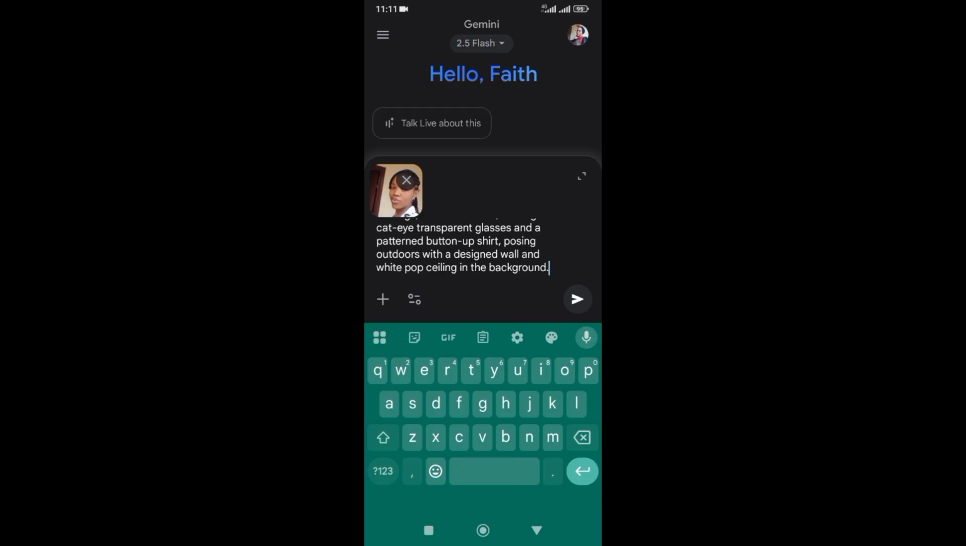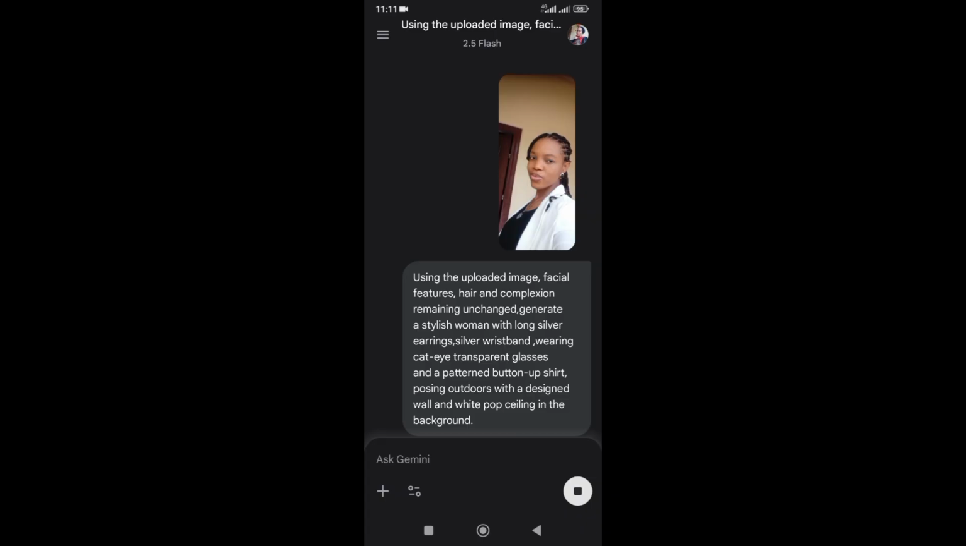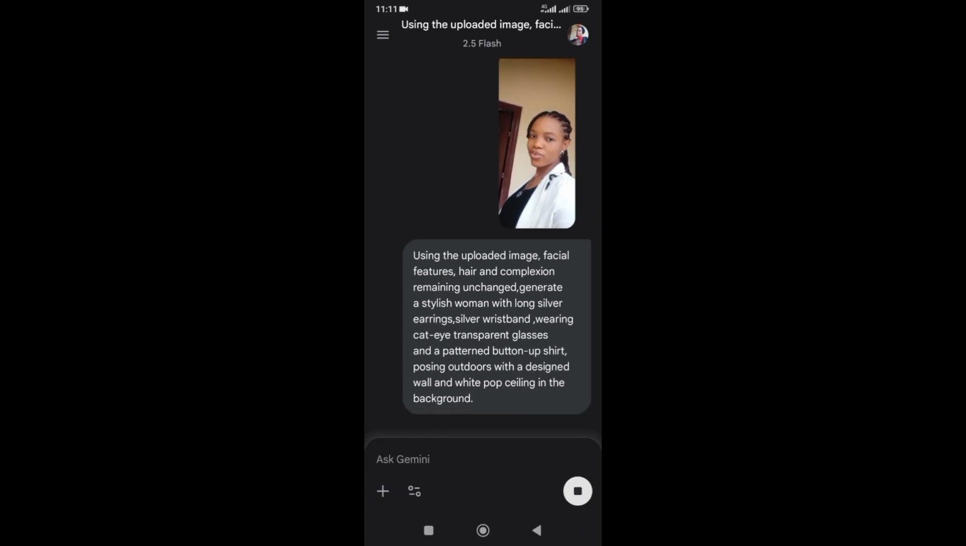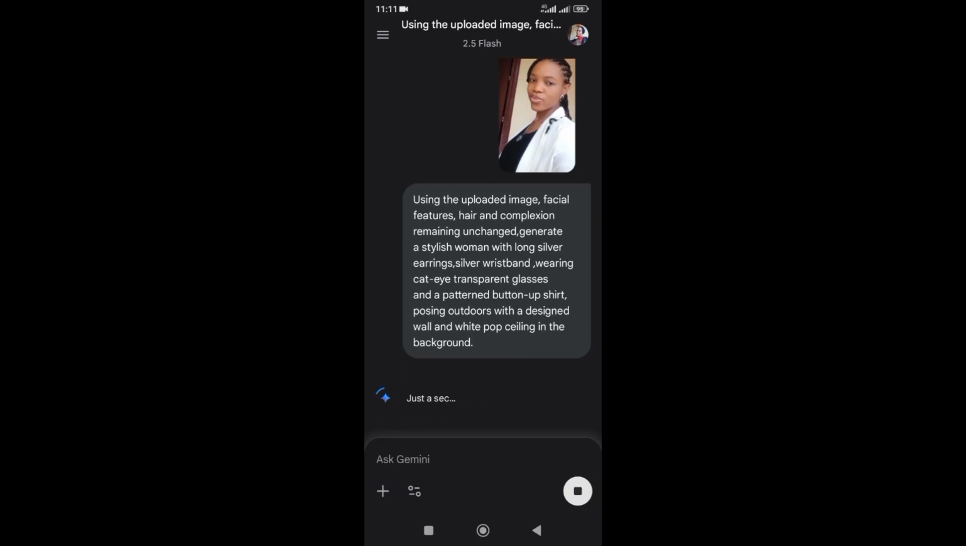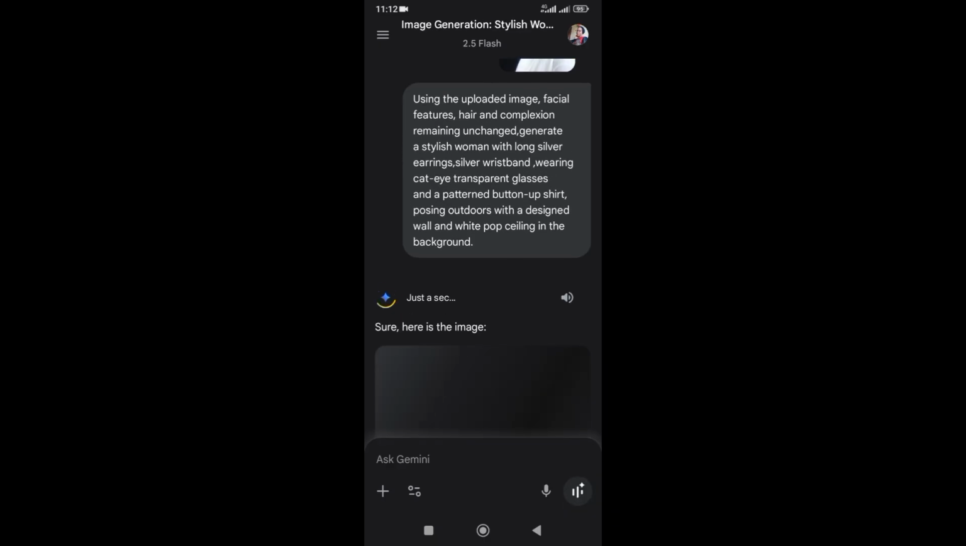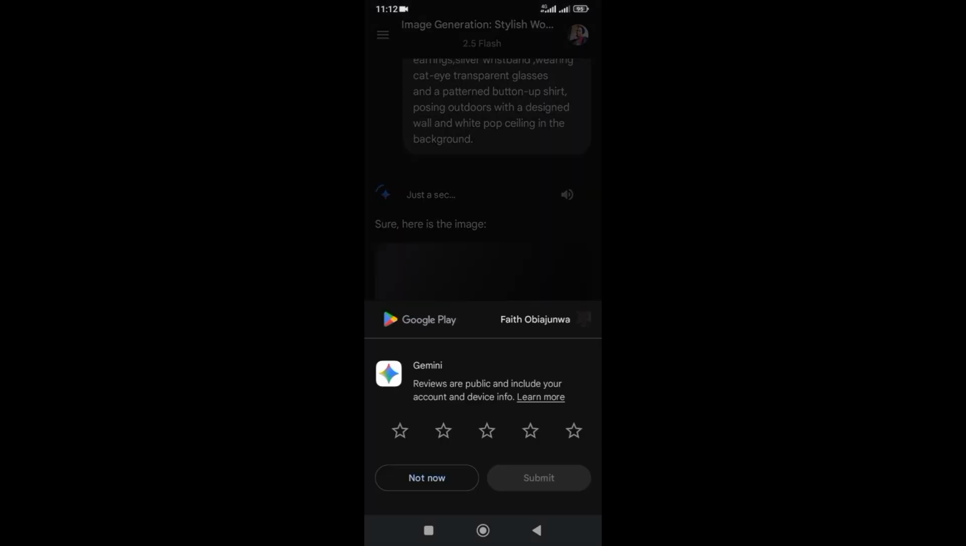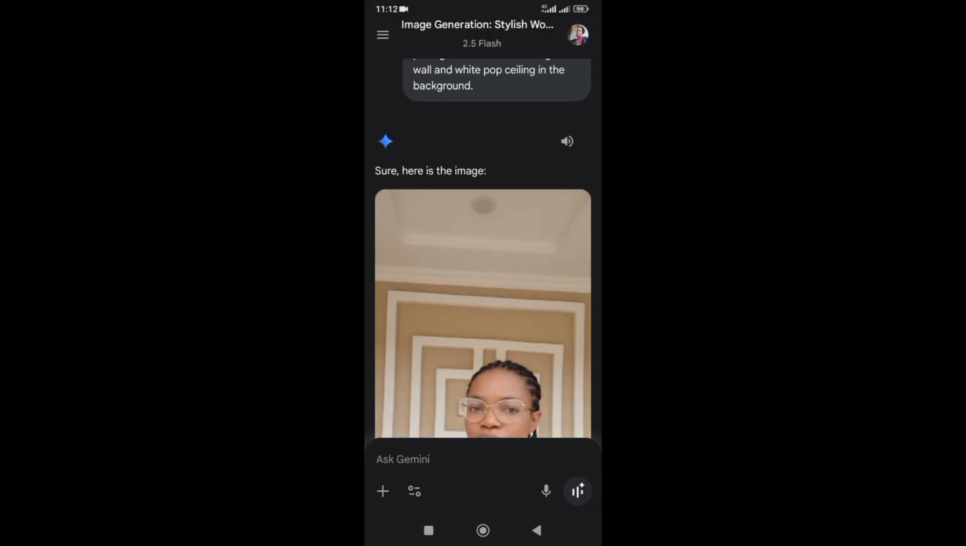And one way to get the best of this is to tell the app not to change the facial features, the hair, and the complexion of the person in the uploaded image. So you can read the instructions or the prompt I gave to it very well. I always tell it not to change my facial features, my hair, and my complexion. So when you're very exact about what you want, this app is going to give you your exact face,